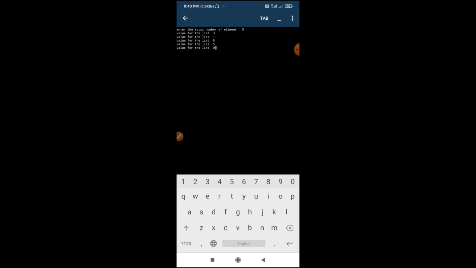As you can see, I am entering values in random order, in any order, but I have applied the sort function, so the list will get sorted. And you can see the list in the sorted order: 0, 1, 5, 6, 8.